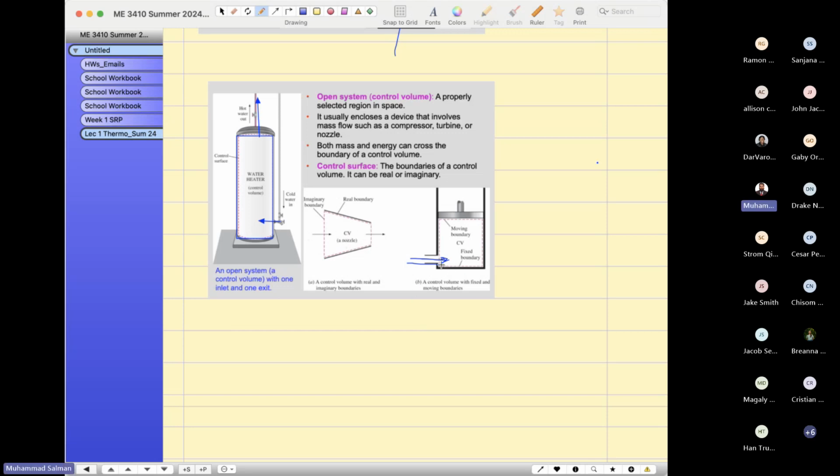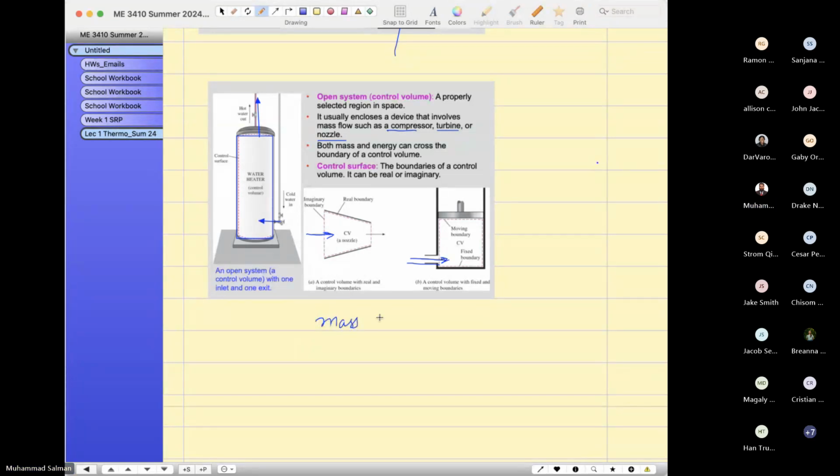In this case, the nozzle, and suppose this is a water hose, mass can enter and leave the system, and leaving the system means leaving the boundaries. An open system is a properly selected region in space. All the devices, compressors, turbines, nozzles, involve mass flow. One thing I want to mention, although you haven't studied it,